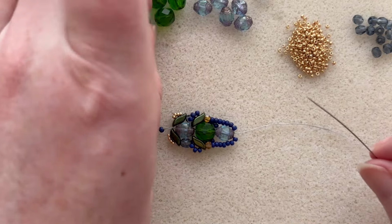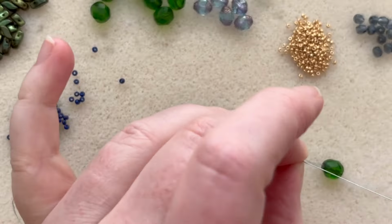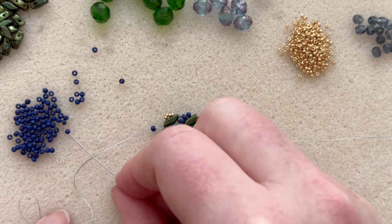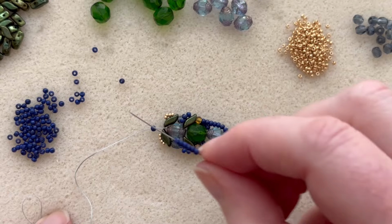Sorry, no, I'm not. I'm going to add on my next core bead. You always have to build upwards. So make sure you add that bead first. It's easy to get excited. Okay, so I'm going to add my 6. So this one has 6